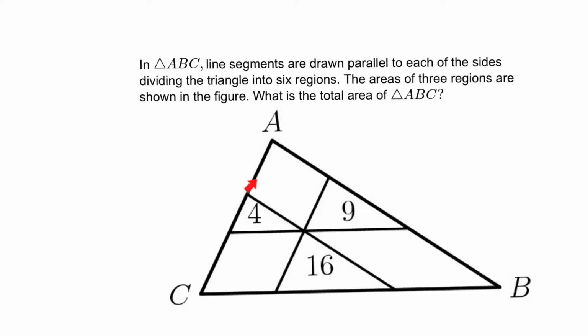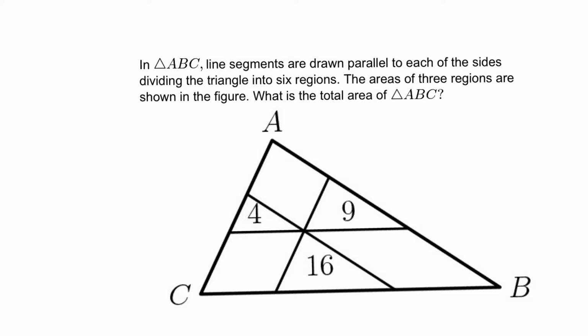So we have been given a triangle ABC and that is divided into 6 parts by drawing parallel lines to the sides of the triangle, and they have given us the area of 3 regions. We have to find out what is the area of triangle ABC. Now when we look at the diagram, the first thing we see here is 4, 9 and 16. These are perfect squares. Areas are in the ratio of squares of their corresponding sides.